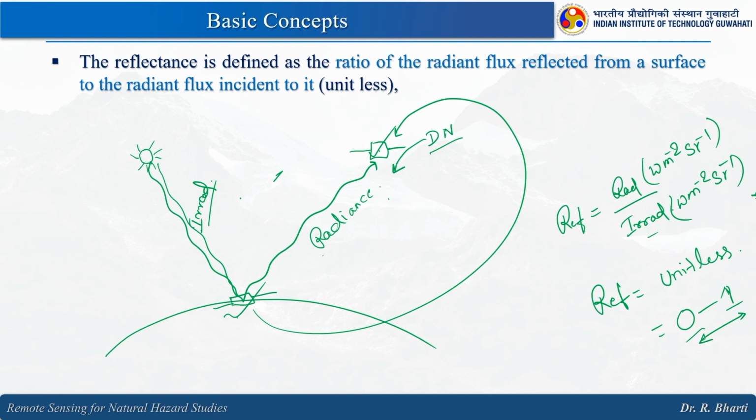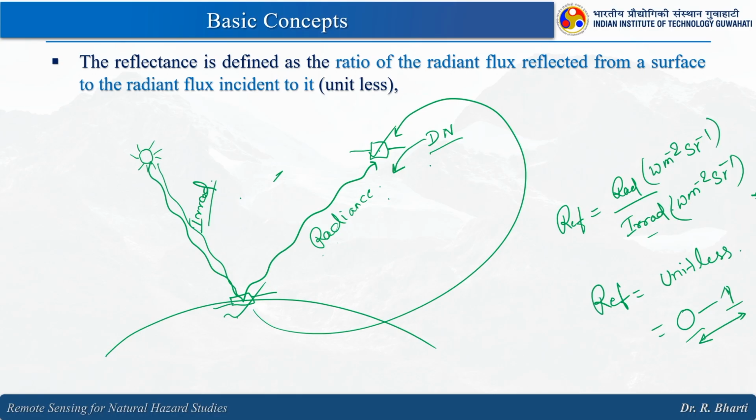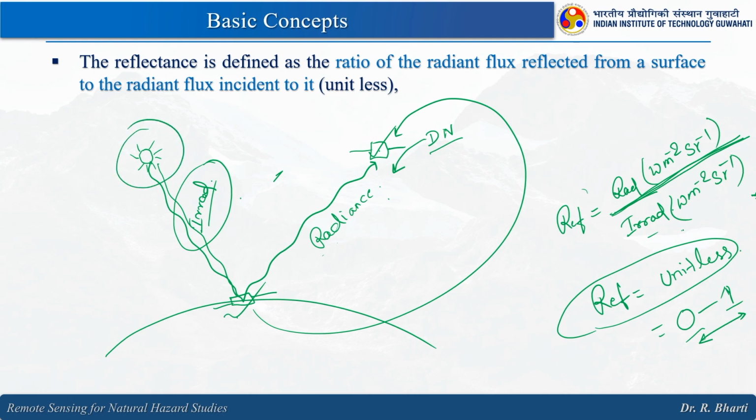Now, coming back to our atmospheric condition and whether DN values can be used as unique value or not. Now, you will be able to understand, since the DN values and the radiance both are getting affected because of the amount of irradiance. However, when we calculate the reflectance, we are doing this ratio and we are removing the impact of irradiance, right. So, here you can see that reflectance is radiance by irradiance and it is a unitless property. So, because of this it can be considered as unique value,